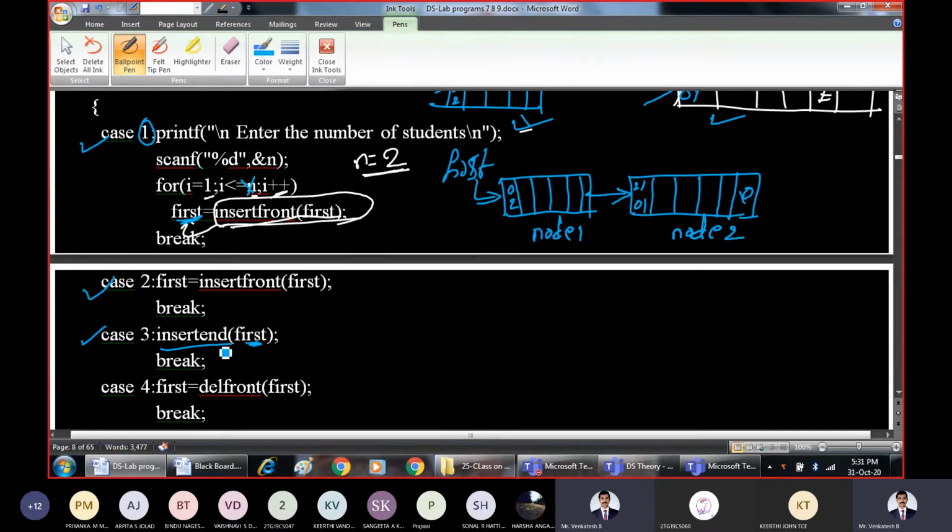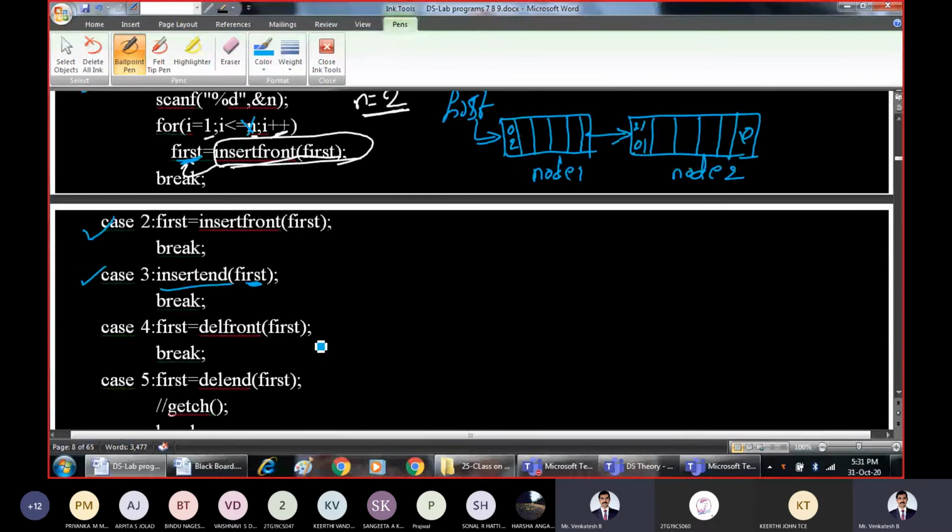So let us go to the insert end function now. When you insert at the end, what should happen to this list? When I insert one more node, it should get inserted this side or this side. I want to insert one more node, 2TG18CS003, using insert end to this linked list. Where will it get inserted: to the left side of node 1 or to the right side of node 2? Can anyone tell me the answer?